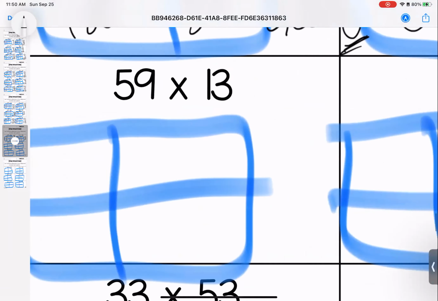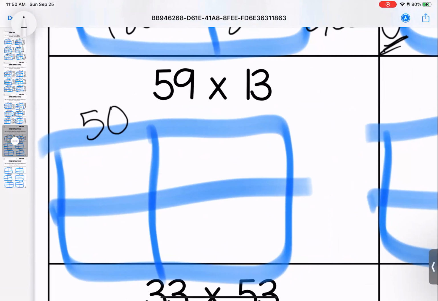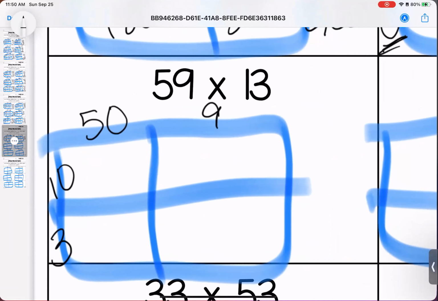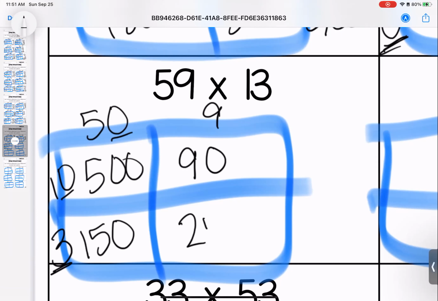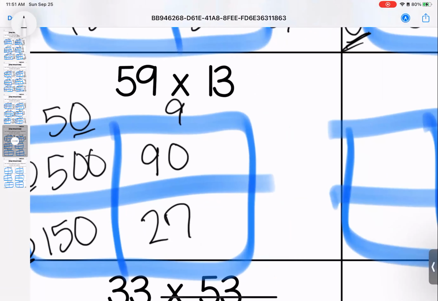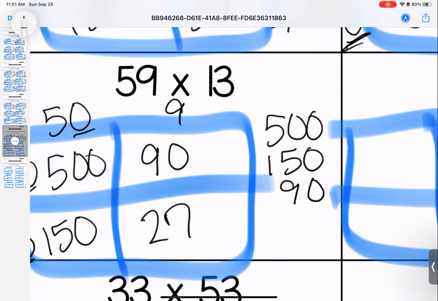All right, moving on to question number 3. Again, we're on page 4. Break it down to 50 and 9, 10 and 3. 5 times 1 is 5. Add 2 zeros. 9 times 1 is 9. Add a 0. Give it a check. Is 9 plus 0 9? Yes, my answer is fine. 3 times 5 is 15. Add our 0. 3 times 9 is 27. Check it. 2 plus 7 is 9. My answer is fine. 500, 150, 90, and 27 adds up to